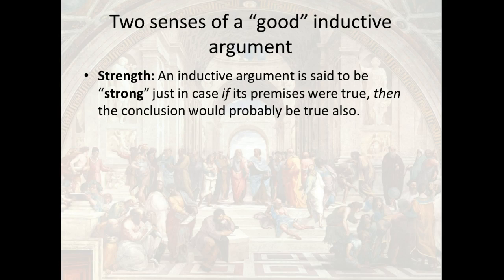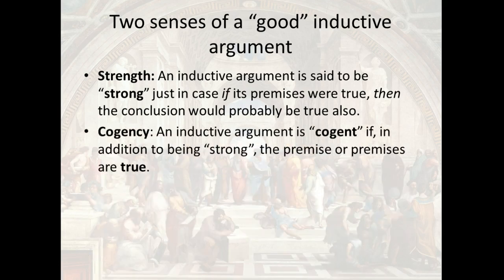So we could all probably agree that if I looked at 2 apples and one of them was bad, or, I'll give you a better example, I looked at 1 apple, it was bad, so let's throw out the whole truck, we all go, well, that's not a very strong inductive argument. But we might disagree on how many apples we'd have to look at for that to be a strong inductive argument. Okay, so strength has to do with if the premises are true, it's very likely that the conclusion will also be true.